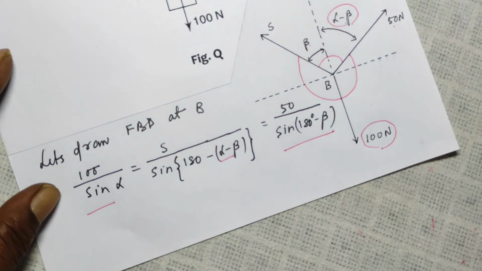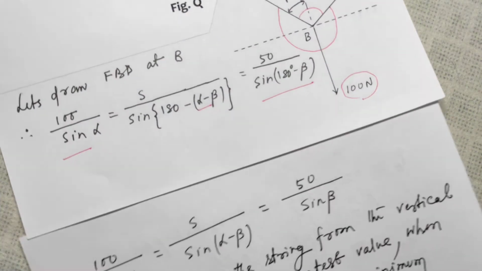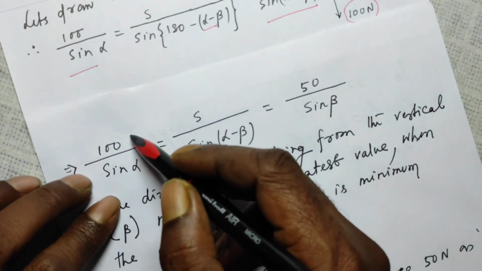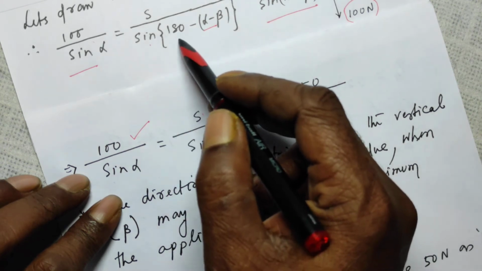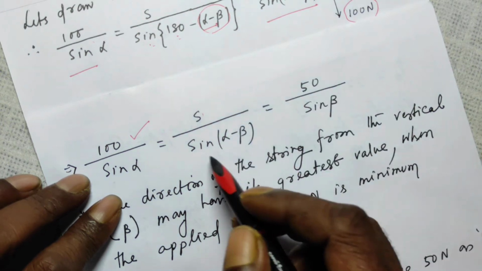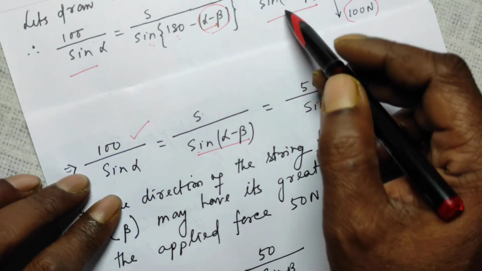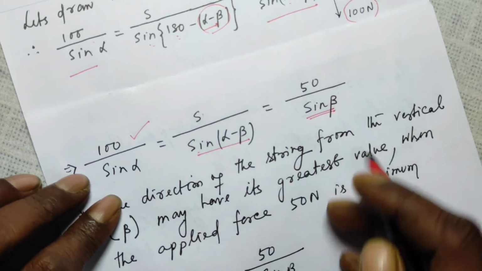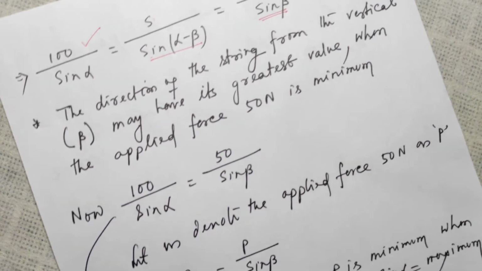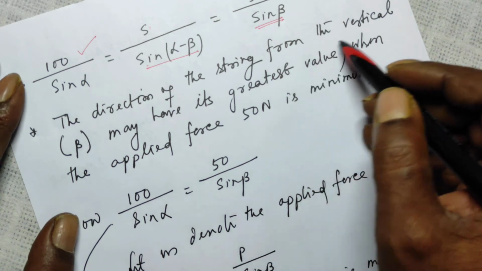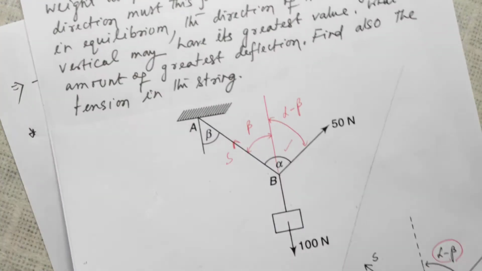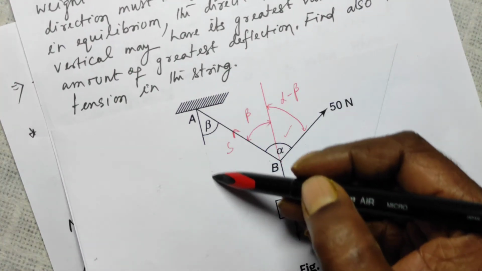Now let us quickly go to the next page. So this implies 100 over sine alpha, same as this, S over sine of 180 minus theta, and sine of 180 minus theta is sine theta. So that is sine of alpha minus beta, equal to 50 over sine of 180 minus beta, which is sine beta. Now here is an interesting point. The direction of the string from the vertical, that is this angle beta,